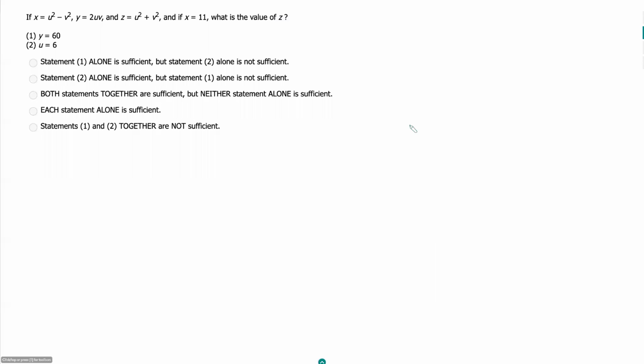If x is equal to u squared minus v squared, y is equal to 2uv, and z is equal to u squared plus v squared, and if x is equal to 11, what is the value of z? So this is a really hard question, I think, because it sort of leads you on. It makes you think that it's going to be testing you on difference of squares and quadratics, but